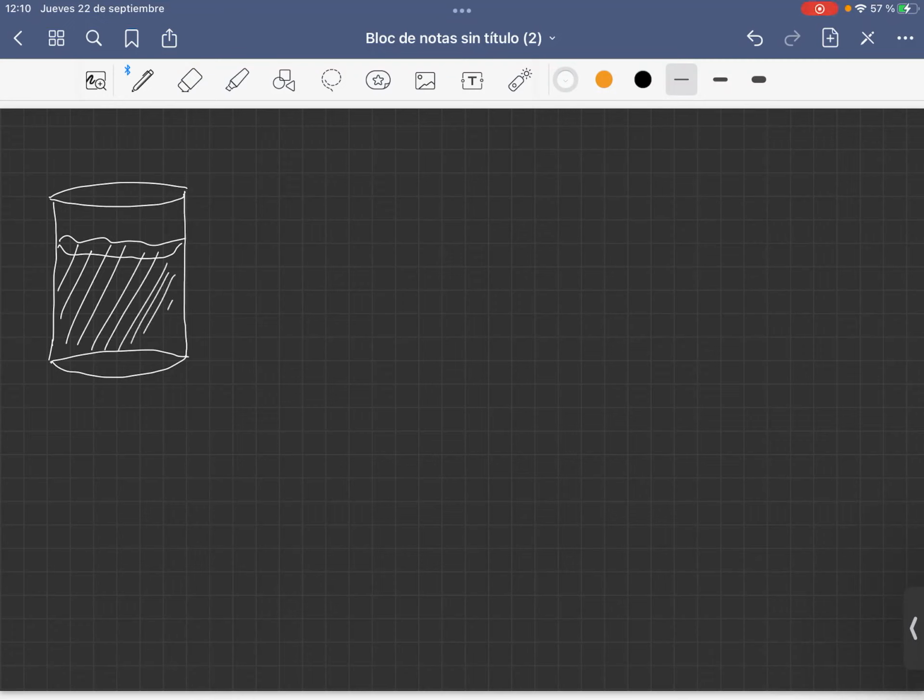And the tank is gonna be constantly losing water because there is a little opening here, so the water is gonna come out. So we want to see how the tank is emptying, and we would like to see how the height of the fluid in the tank is gonna vary with time. Okay, so